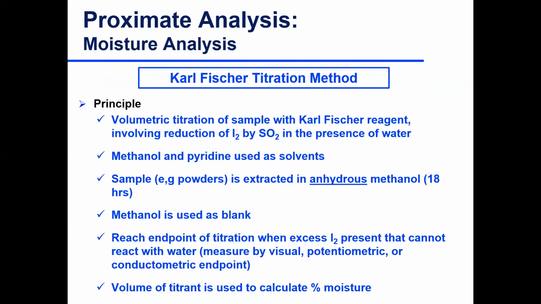It is a titration. The iodine gets involved in this measurement. Methanol or pyridine is commonly used as a solvent. We normally use methanol. It should be anhydrous. It should be maintained anhydrous, obviously. Methanol and water are quite miscible. If you've got that reagent bottle open, it's going to pick up moisture from the room and it's going to be giving incorrect data. So you get anhydrous methanol or anhydrous pyridine, and you basically put your sample into this